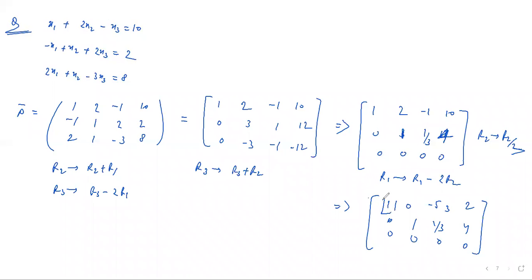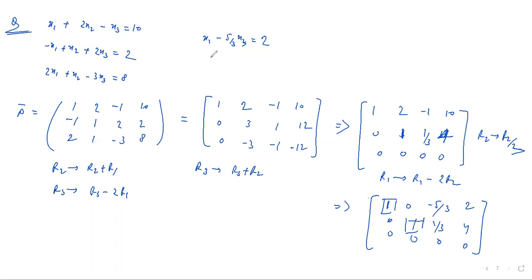Okay, so we have reduced this to the canonical form because the pivot element is the only non-zero element in its column. So we have reduced this into the echelon form. Now let's form the equations here. The first equation will be x1 minus 5 by 3 x3 is equal to 2, and the second equation will be